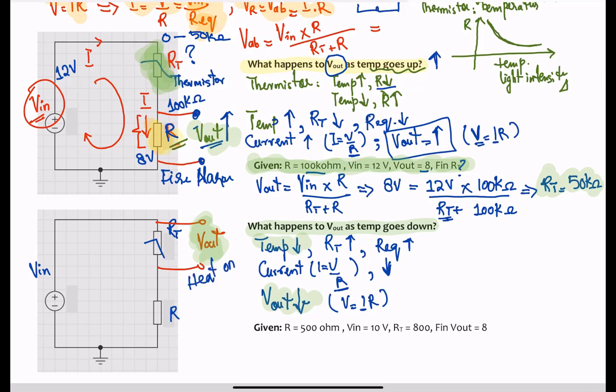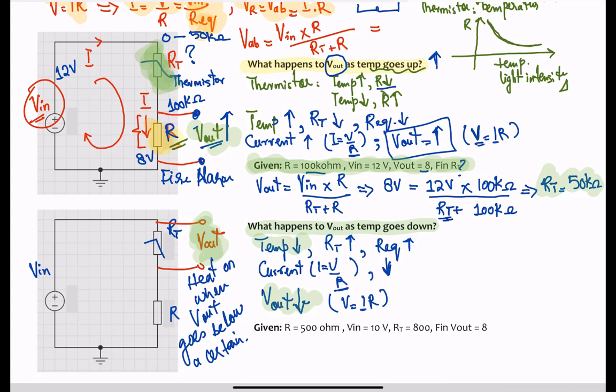Heat on when V out goes below a certain level. Remember, V out going low means that the temperature is going down, and temperature going down means you'll start feeling cold,